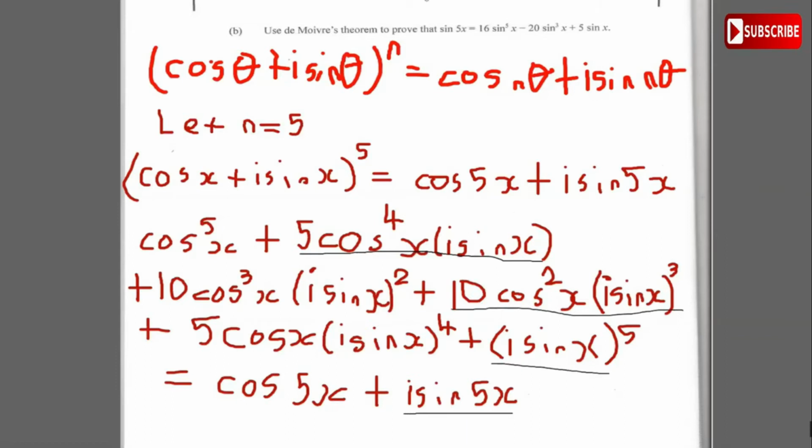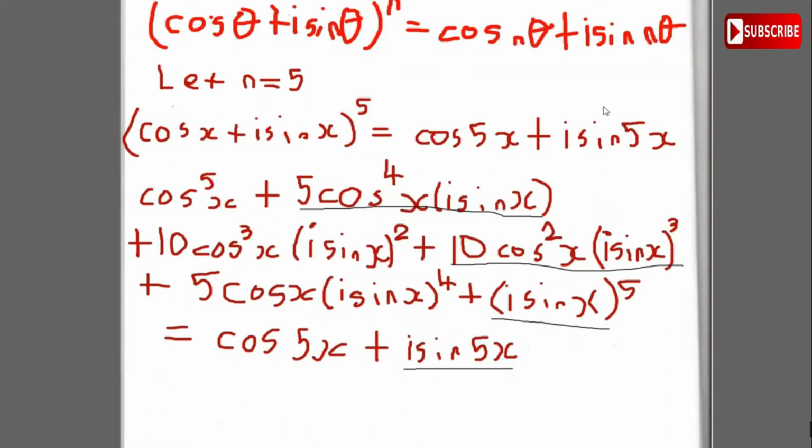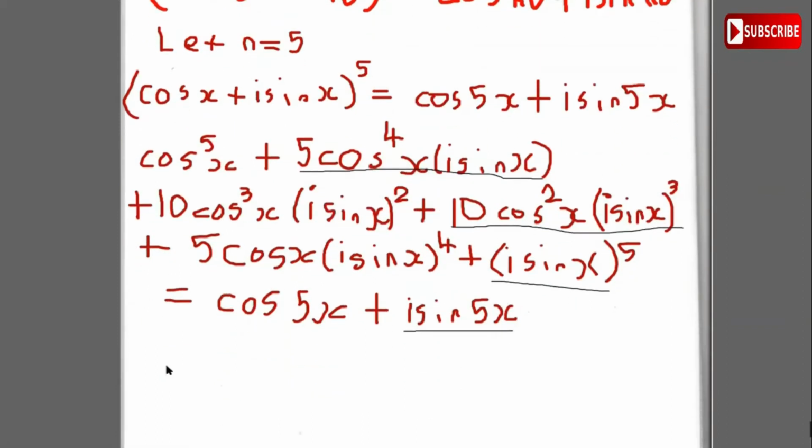So by equating the imaginary parts, we can finally find what sin 5x is. So let's write that down. Equating imaginary parts. What we're going to be getting now is that this part right here, sin 5x,